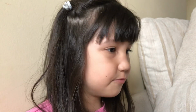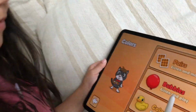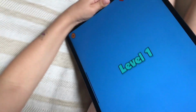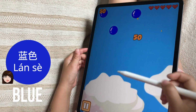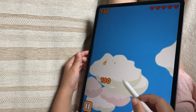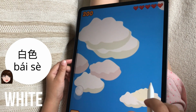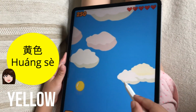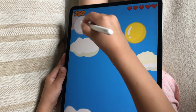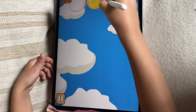Now we are going to move on to the next game. So we're gonna play bubbles. Ooh, this is a bit hard for me actually. It goes up to level 5. 白色 White and blue. 黄色 Yellow. 打白色 Now you have to pick the ones. 打黄色 Yellow,